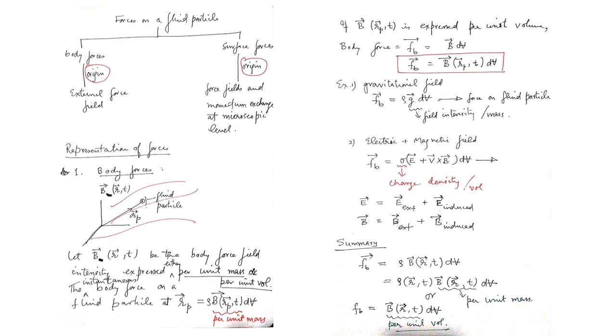In these expressions, please note that though I am not writing it explicitly right now, the density which I am using for the particle need not be the same for all particles. It may in general be different for different particles. So we allow for an intrinsic density variation in the flow. This rho is also a function of the position vector and time.